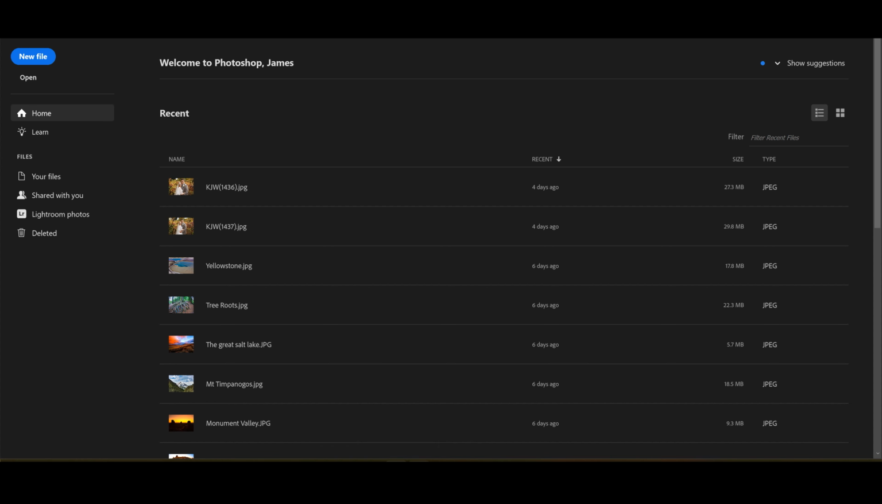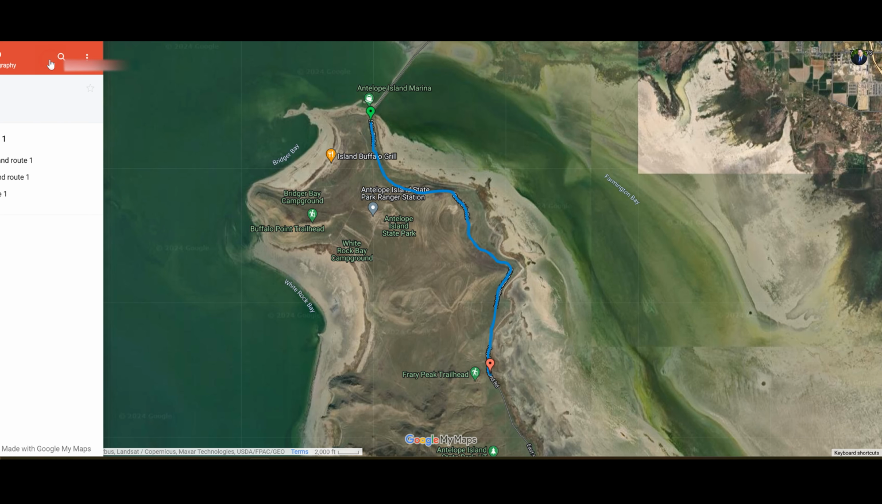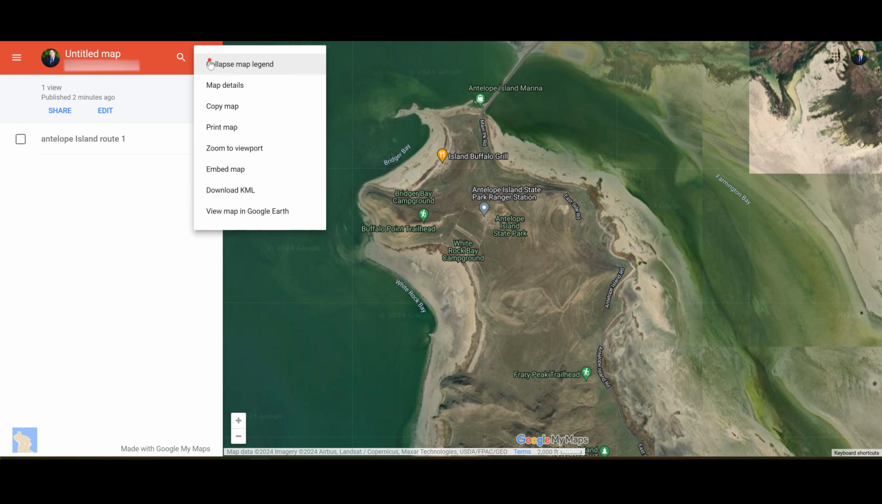And we're going to go back to Google Maps. We're going to go to Map Legend again. And this time we're going to get rid of the line. See this little red check right here? We want to uncheck that and the line disappears. So we're going to collapse the Map Legend again